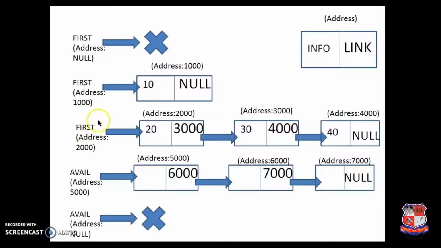Similarly, in this third scenario, the first pointer is pointing to this linked list, where it is first pointing to the address 2000. So 2000 address, we have a node which has a value 20, and it's pointing to another node which has the address 3000. So at 3000 the node is over here. Similarly, this is pointing to 4000, and 4000 you have this node. Now it is not pointing to any other, so it's null.